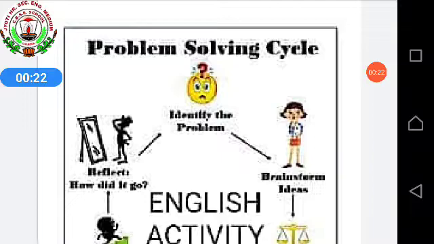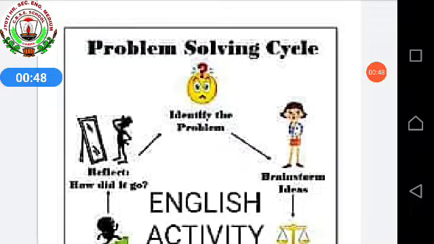Before starting the activity, I would like to tell you that you have got the cursive writing book also. Daily you write 2 pages in your cursive writing book, okay, with good handwriting, and you can use a pen. In place of pencil, you can use a pen. Only blue pen, no usage of black pen.